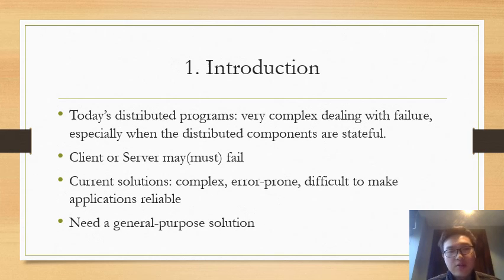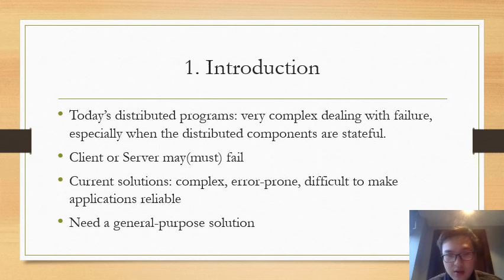The current solutions for dealing with failure are really complex and error-prone. It is difficult to make applications reliable, and developers today need a general-purpose solution.